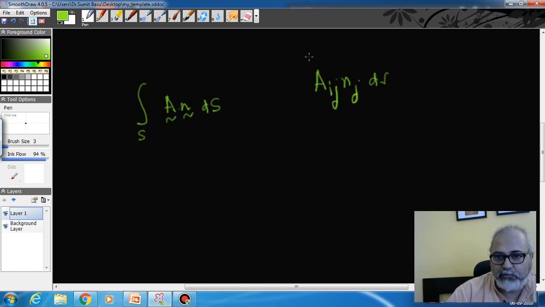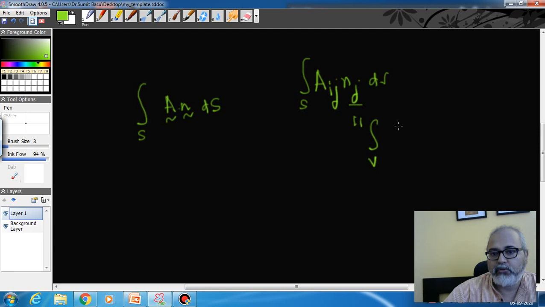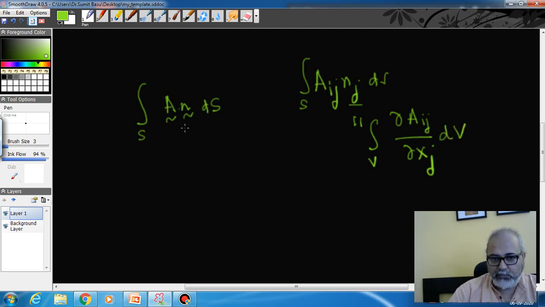The ith component will be written like this, and we immediately see we have nj here. We have to convert it into a volume integral, where the x has the same index as the n, and this will be your volume integral. This will be the conversion of this surface integral, which represents the ith component, into a volume integral. Okay, so this is the trick that we will use while using the divergence theorem. Whatever is the index of the normal in the surface integral will become the index of x in the volume integral, and the derivative will be with respect to x with that index. Okay,